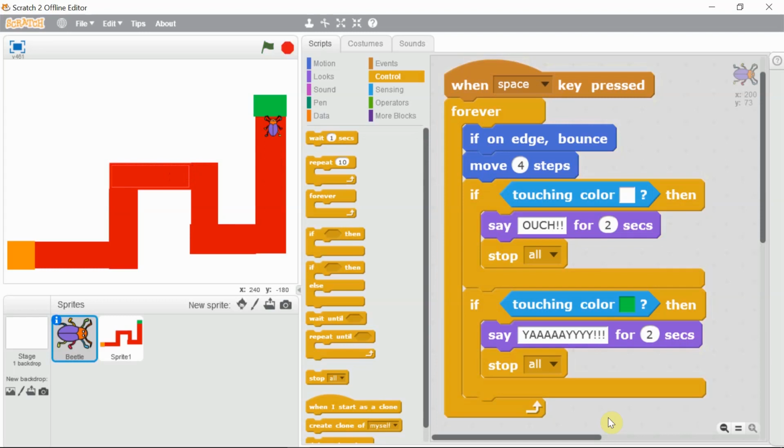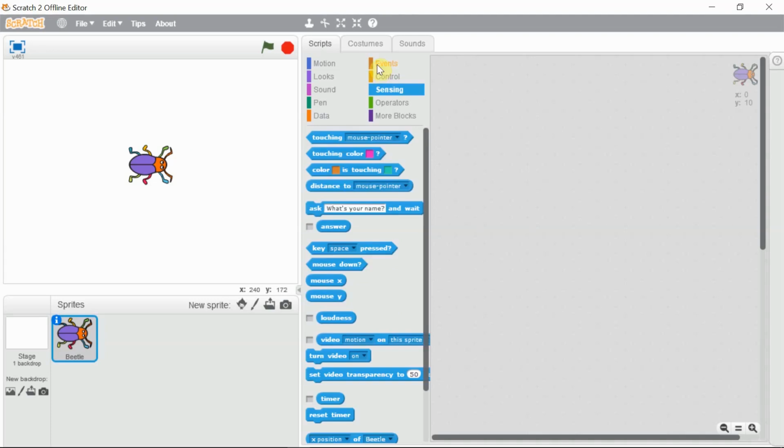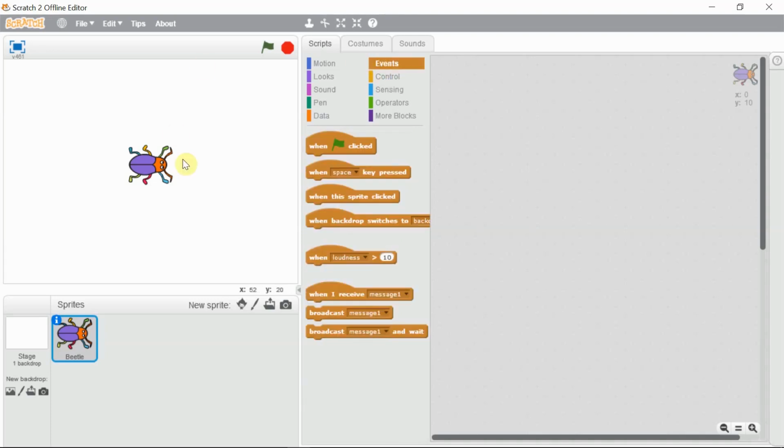So first of all, we will program the beetle, we will control the beetle. As the user presses arrow keys, the beetle should turn around accordingly and move. So let us see. 4 events we have to handle: up, down, left and right.